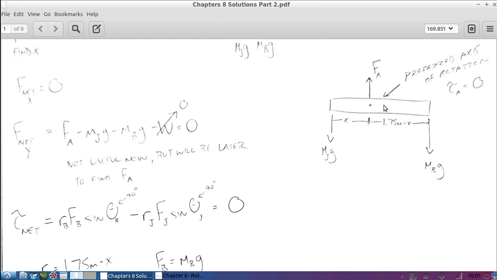Bob has to be farther away so that Bob generates a greater torque than John. So this makes sense, right? The fulcrum has to be a little closer to John so that